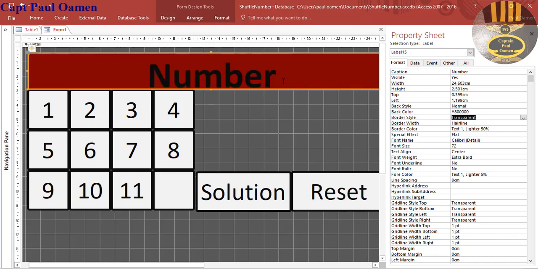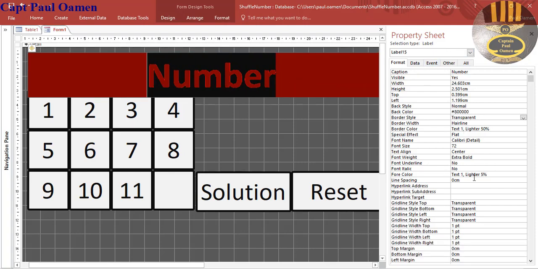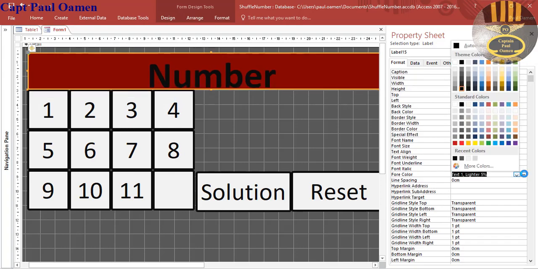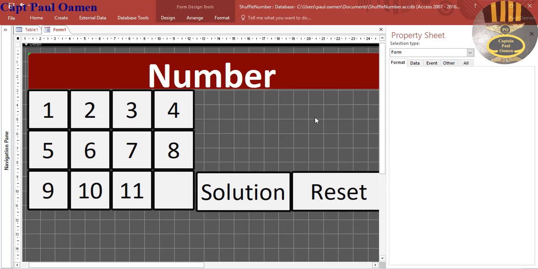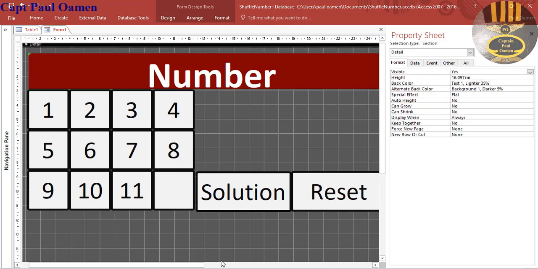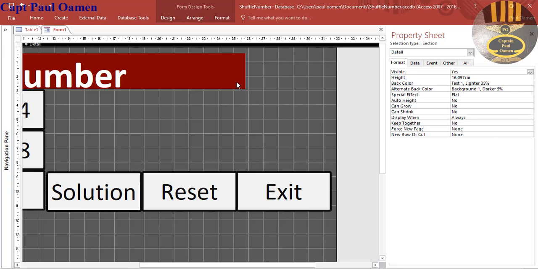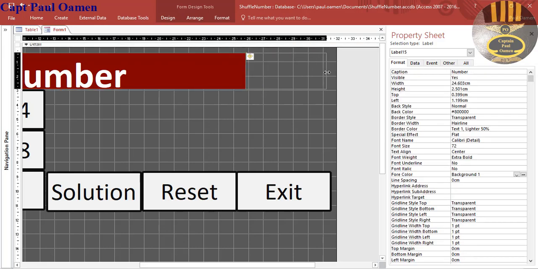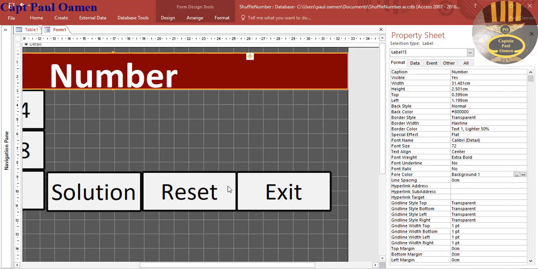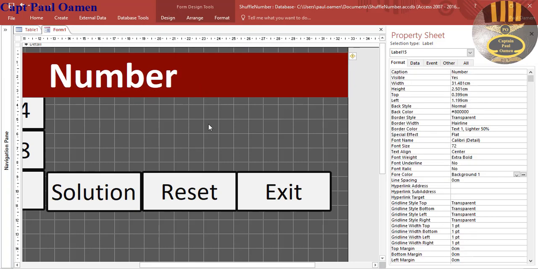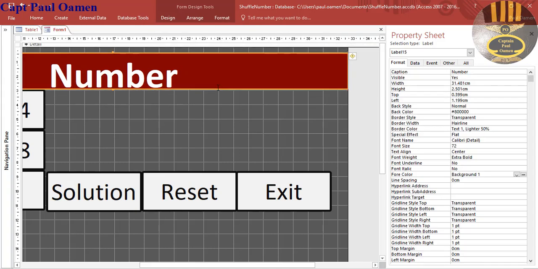There. And the font color, I'm going to change that to white. Font color, let's get hold of white. There we go. So that is fine. The next thing we want to do is, we're going to have to copy it across though. So put that there and just copy this,